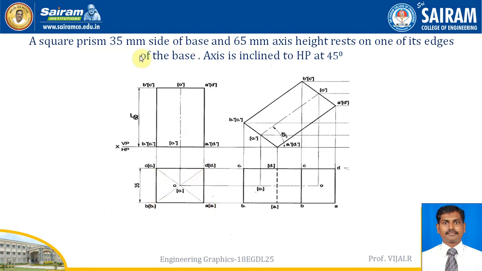square face. First thing, as I said, it is a square prism. It's not a pyramid. So in a prism we only get the outer edge, and these diagonals we have to draw as very thin lines to find only the center. We should not make them fully dark. That is for a pyramid top view. Now it's a prism, so we have to draw only thin lines to find the axis. So the top view with the 35 side is over. Then project this to get the front view and project to get the axis.